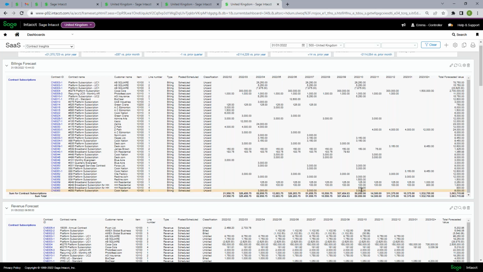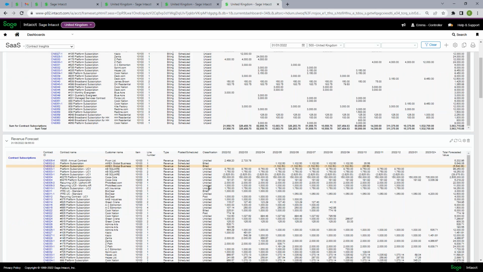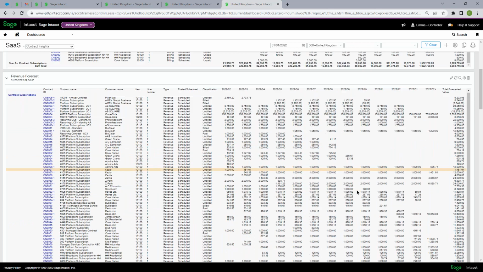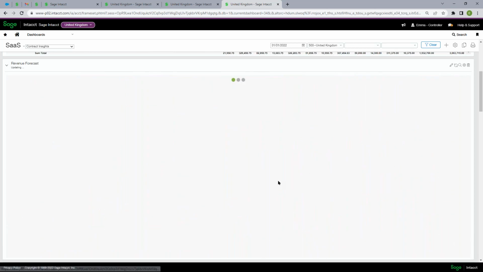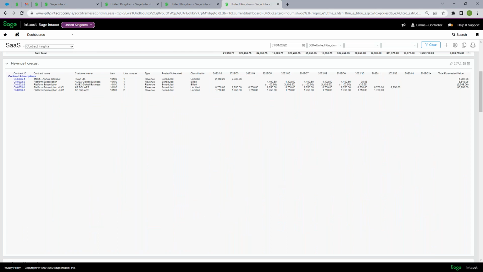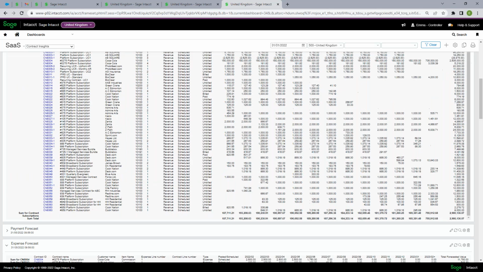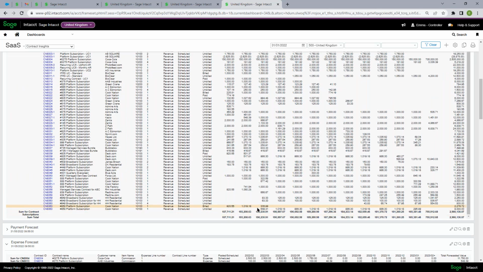I've got £3,000 for that particular contract that I expect to bill in the subsequent months of the year. From a revenue perspective, I've got the slightly lumpier figure that I expect to see. Initially, we started with a straight line revenue recognition, but that was changed at some point within our structure to show a slightly more lumpy view of that revenue over a period of time. So I can now see for that particular contract what I expect to recognize over the life cycle based on